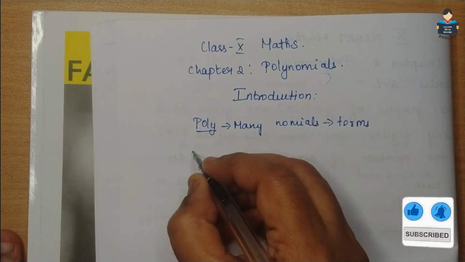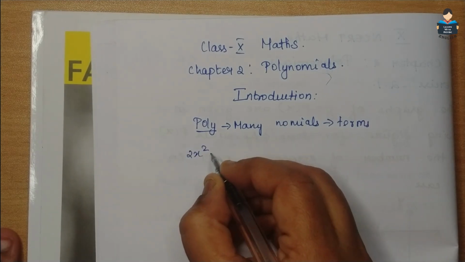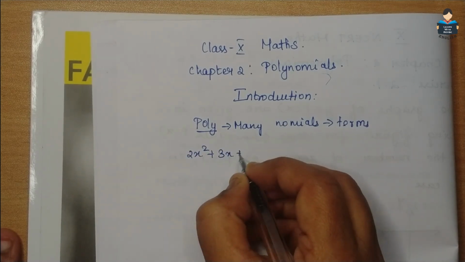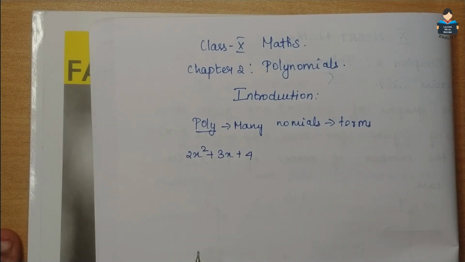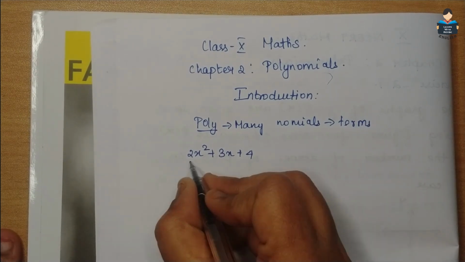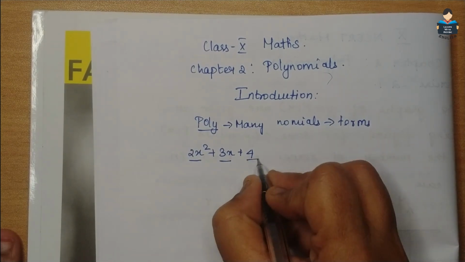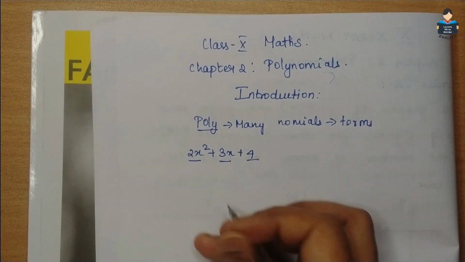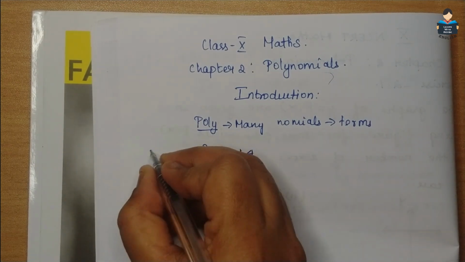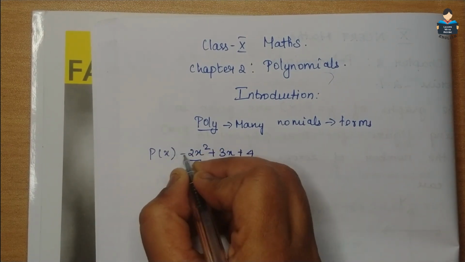For example, 2x square plus 3x plus 4 is a polynomial. So this is a term and 3x is a term and 4 is a term. So a polynomial can be written as p of x is equal to